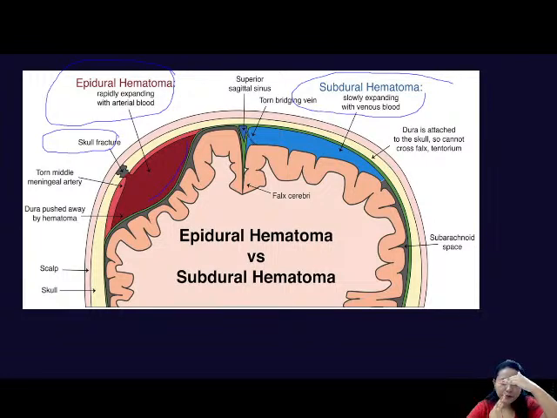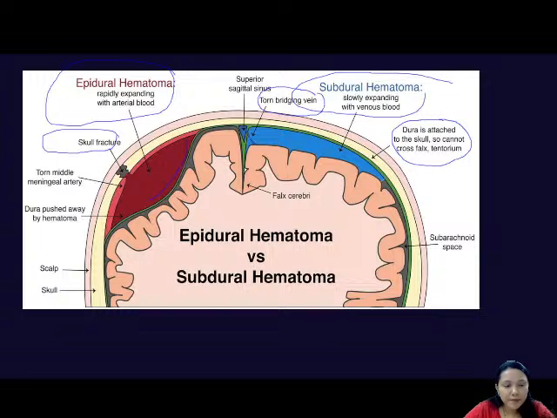Okay, it is not going to push the dura. There will be no shifting of the dura. The dura is attached to the skull, so it cannot cross the falx cerebri and tentorium cerebri. So it is a slowly expanding one, with venous blood and a torn vein, mostly because of the torn